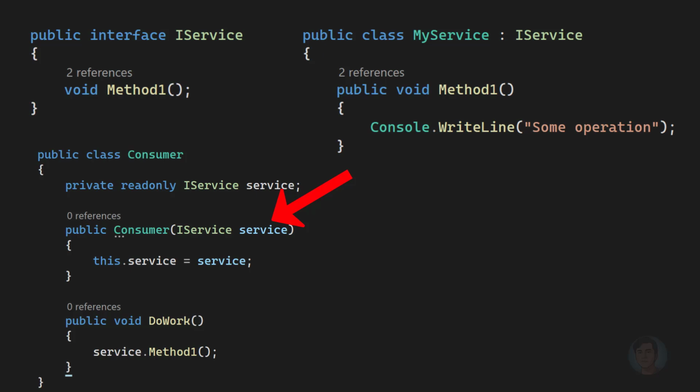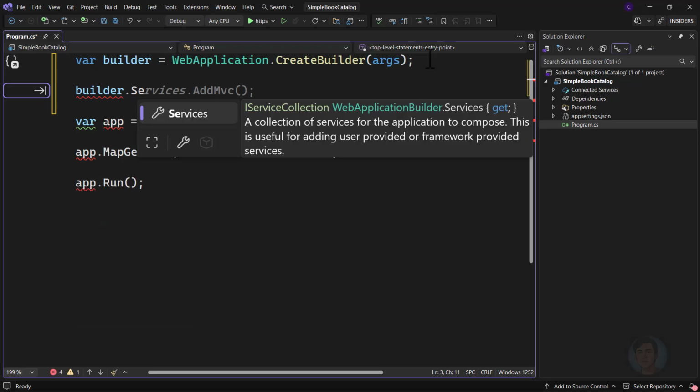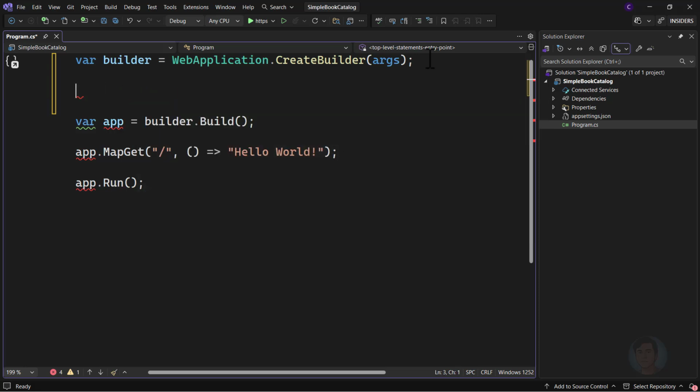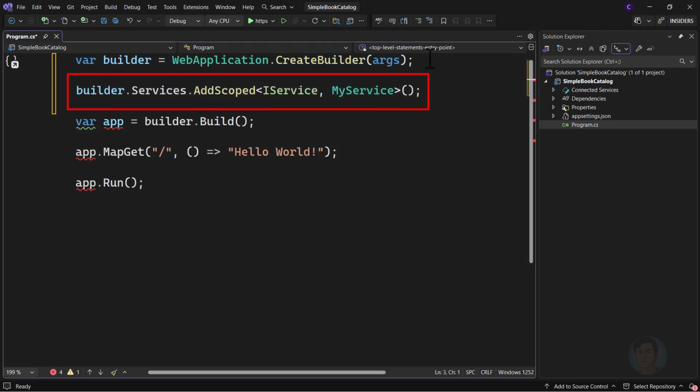Still, when the consumer is instantiated, an implementation of IService needs to be provided to the constructor. For this, we can take advantage of ASP.NET Core's built-in dependency injection by registering the service in the dependency injection container like so. So you're essentially telling the dependency injection container,